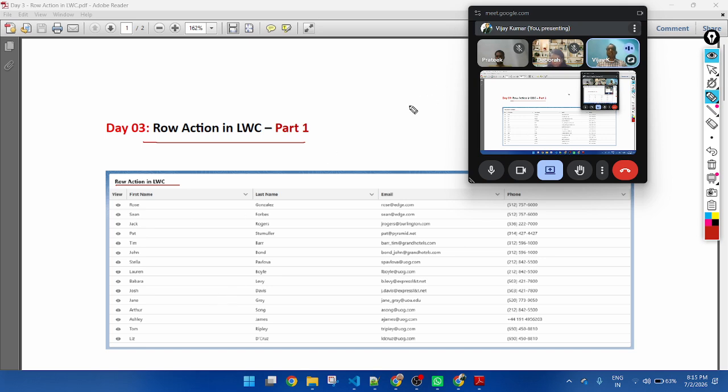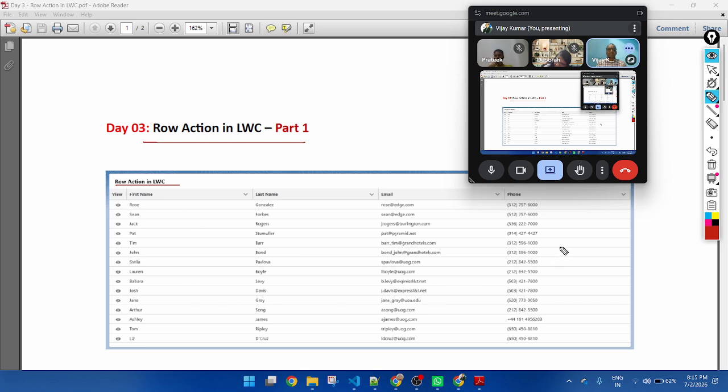There are two ways to display records. First, you can create a simple HTML table. Second, you can create a lightning data table. Lightning data table is always asked in interviews. If you are sitting in front of an interview panel, they will ask you, if you are creating a Lightning data table, what kind of attributes you will apply and how to display data in the Lightning data table. So you will learn today how to display data in the Lightning data table.